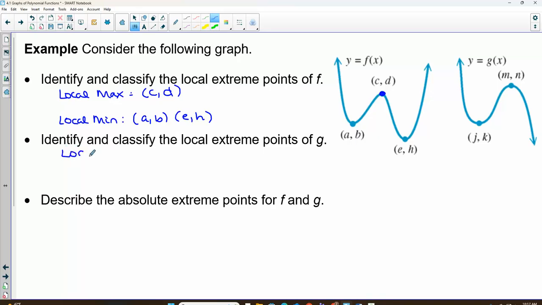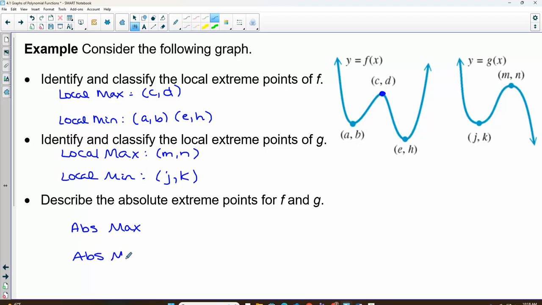Okay, what about on graph G? What's the local max? What's the local min? Okay. Now I want the absolute max and min for both graphs. So I'm just going to make a little